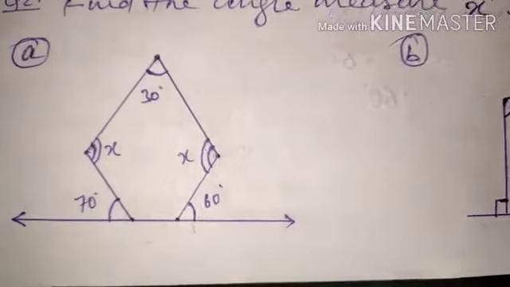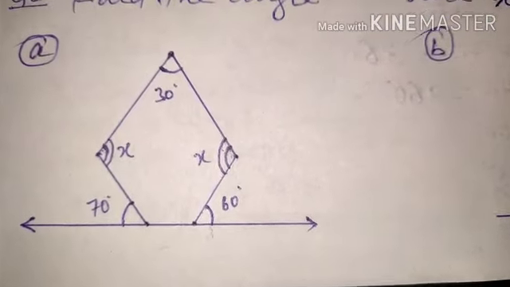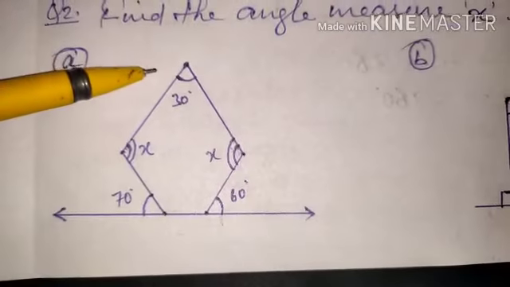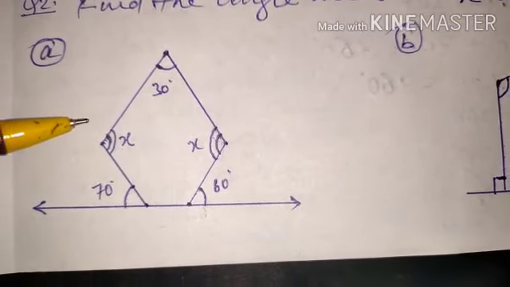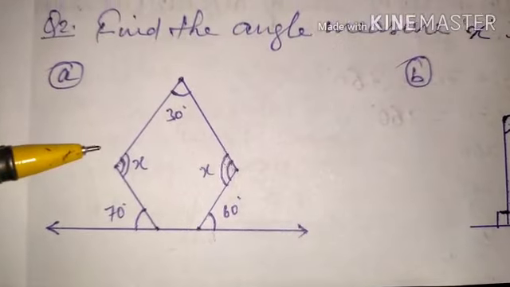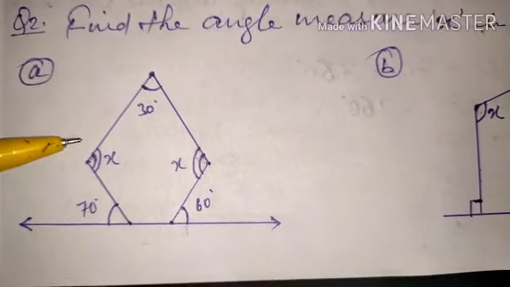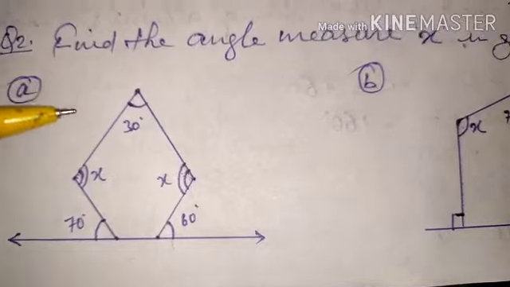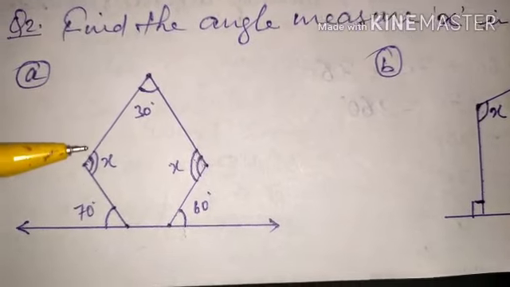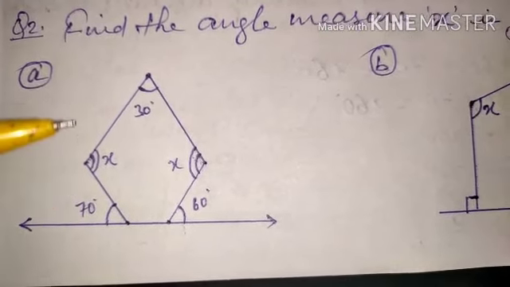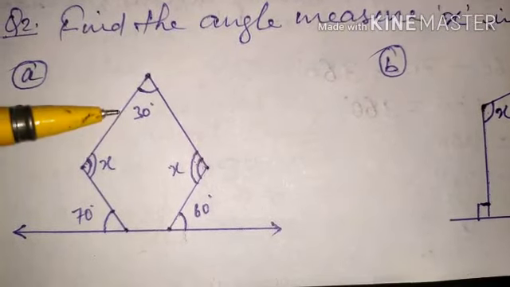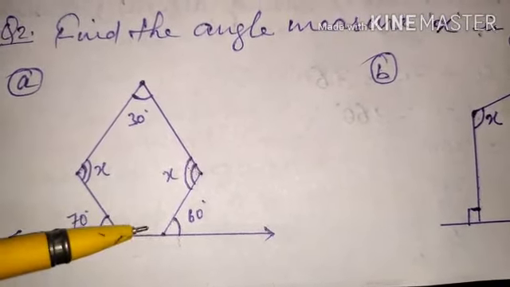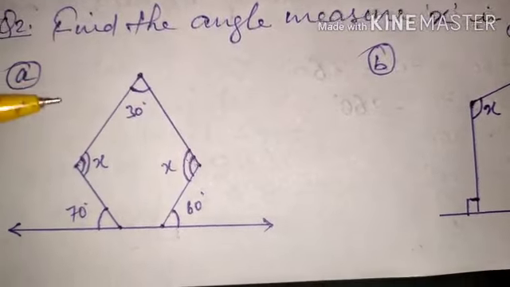First of all, let us try to understand how we can solve this. Here, in this figure, we have to find the value of these two x, and it is not as difficult as you people are taking it to be. See the steps you can follow. If you start counting first to see which type of polygon this is, 1, 2, 3, 4, 5, so this is a pentagon.